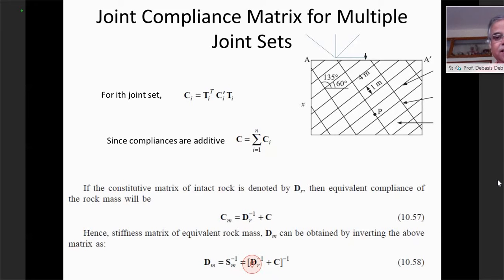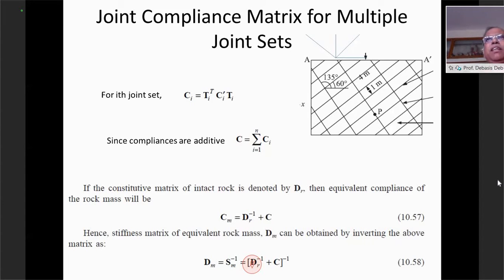You will see there are no zeros between shear stress and normal displacement, or the x displacement or y displacement. Now there will be some values. So this is a purely anisotropic constitutive matrix.